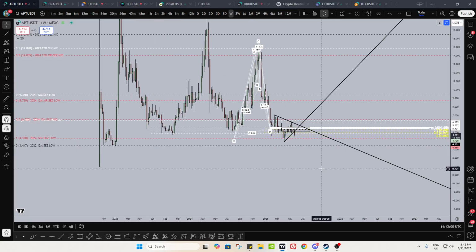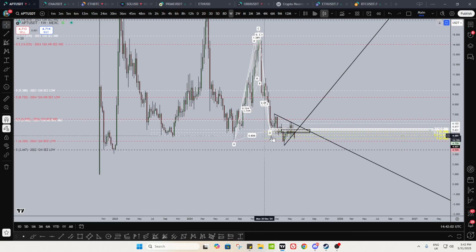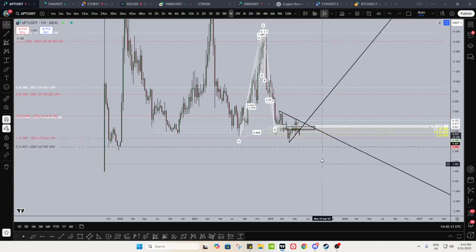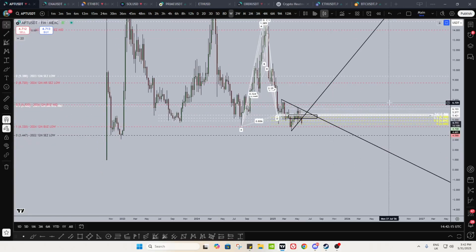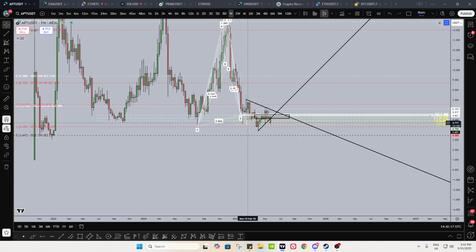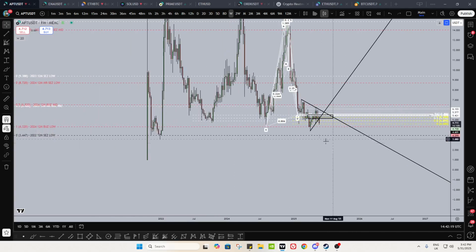Aptos is one of those coins where we can see it's been consolidating at these range lows for ages, right? It's never breached this range low, so if you wanted to, it could wick down, wick below $3, rate that last guy, and then reclaim and go. It could do that, sure. Or it could just chop here. It could just be like, okay, we've never broken down here seriously before, we're not going to do it now.